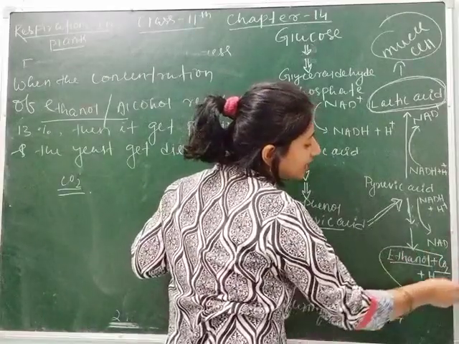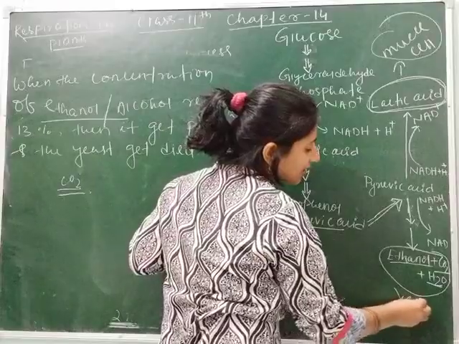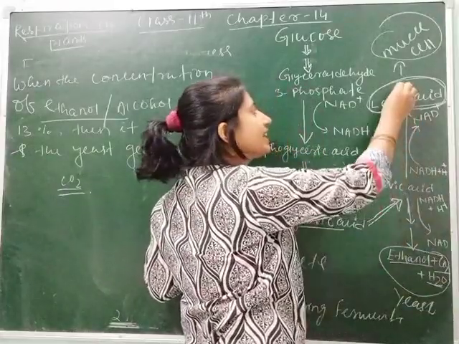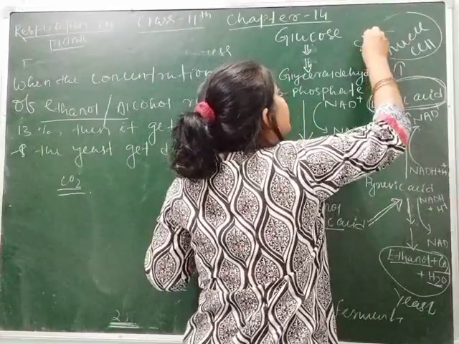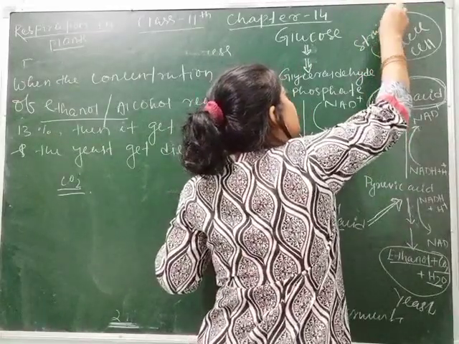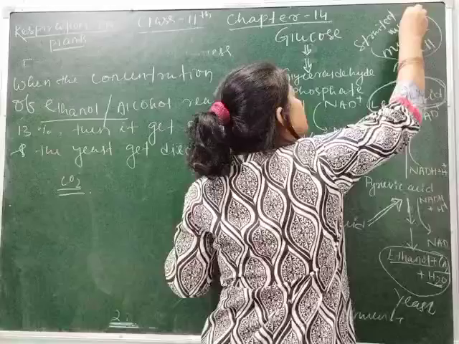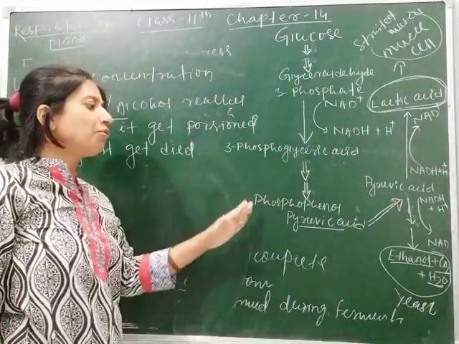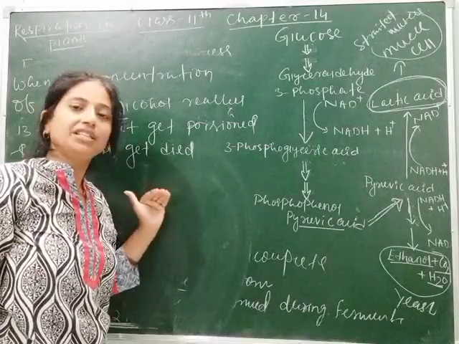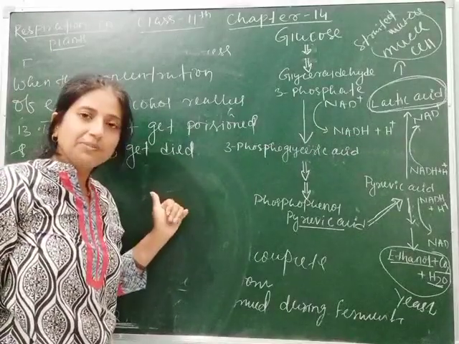So here ethanol is formed which is in yeast, and here lactic acid is formed in the muscle cell. You can write striated muscle. In the striated muscle. So this is the complete process of fermentation, which is a part of anaerobic respiration, and